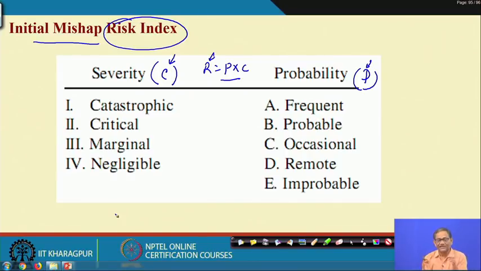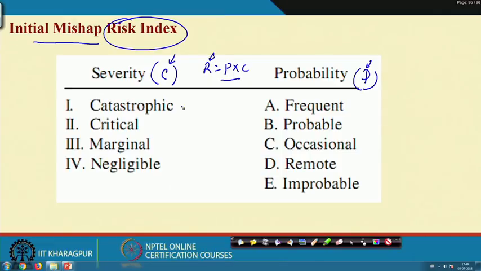And as PHA is done usually at the system level, but encompassing all the component, system and subsystem, to get an idea first of what the hazard level is and what the different kinds of hazards available in the system are, so that an exhaustive list of hazards can be found out. Then their index risk value may be given in a qualitative term. By qualitative term, what we mean is given here.